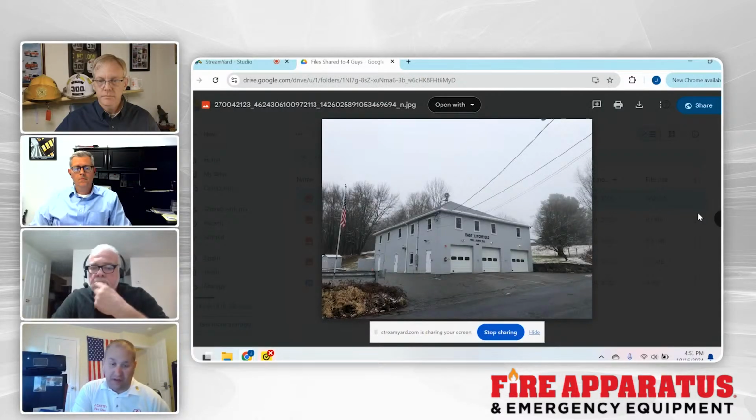Well, I've actually seen some pictures on your Facebook page of the new rig in the station, but you have a few you'd like to share with us as well, just to illustrate some of the points you just made. Yeah, absolutely. Here's a picture of our firehouse from the street side. Going from left to right, bay number 1 is where our mini pumper is. Bay number 2 is where engine 26 is, and that's where our highest ramp angle is,